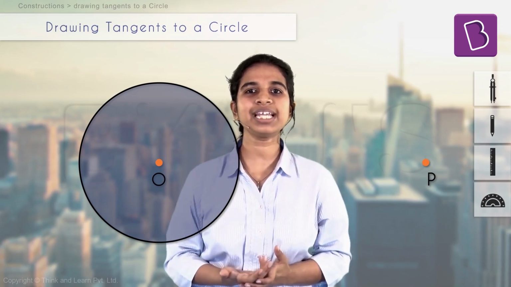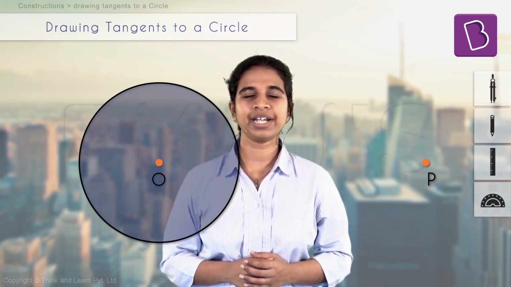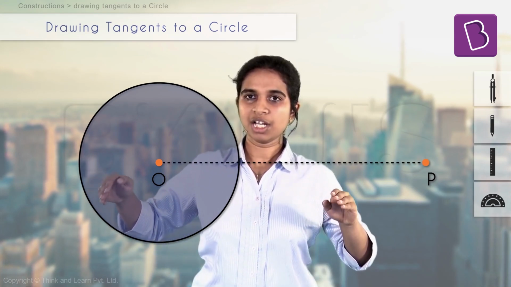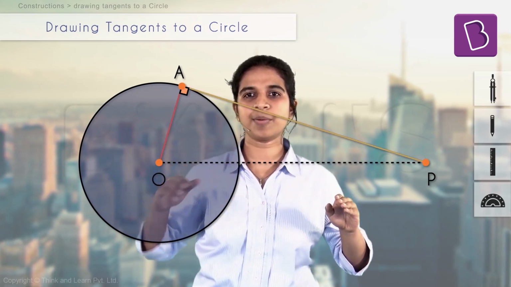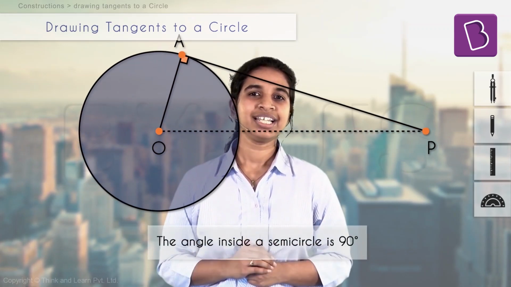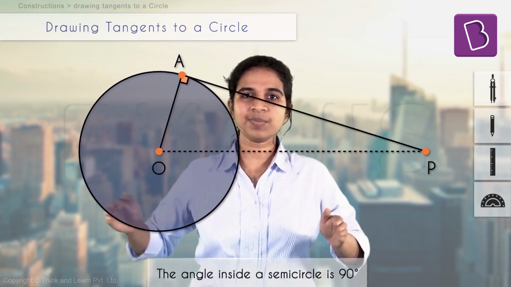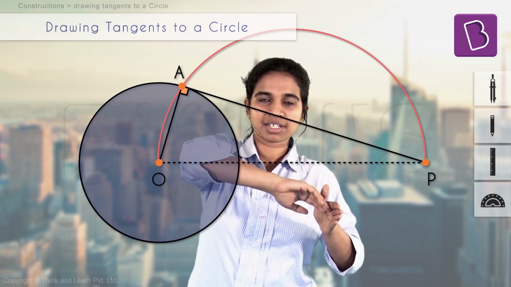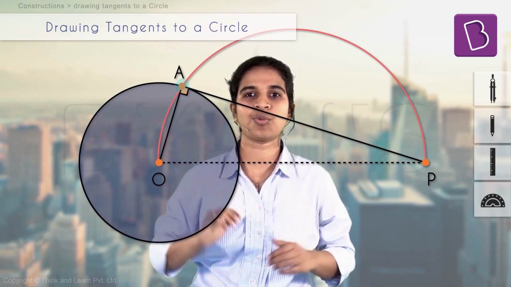If we knew A and B, then it's easy, correct? We just saw how to draw it. We'll simply draw a perpendicular line. Now what do we do? You see this angle OAP, this is 90 degrees, correct? Because we said these two are perpendicular, right? Where do you see 90-degree angles in a circle? The angle inscribed inside a semicircle is 90 degrees. That means if I draw a semicircle this way, with OP as the diameter, it will pass through point A.